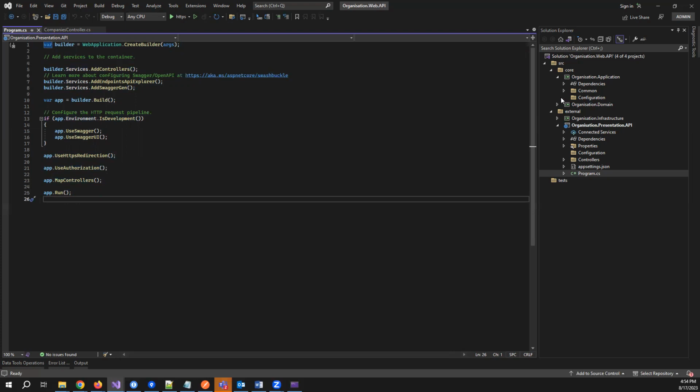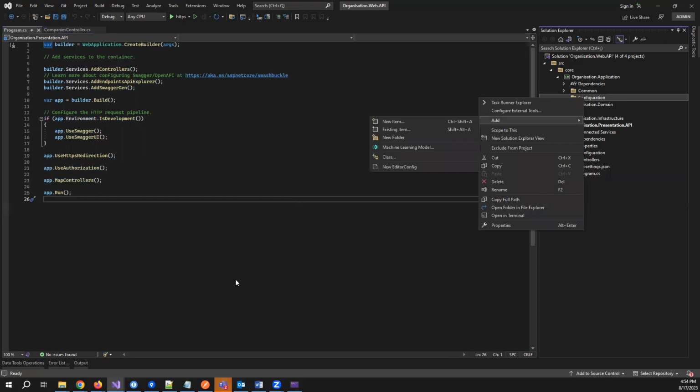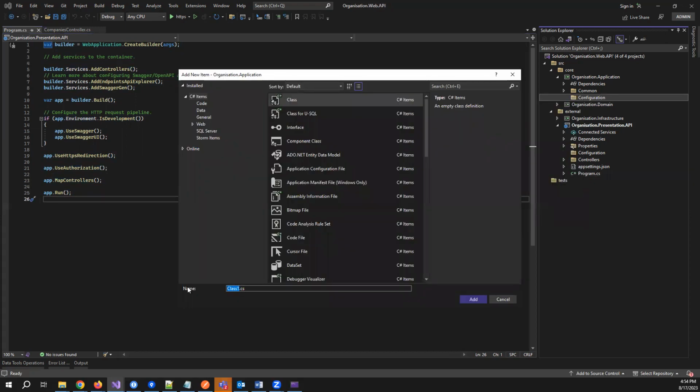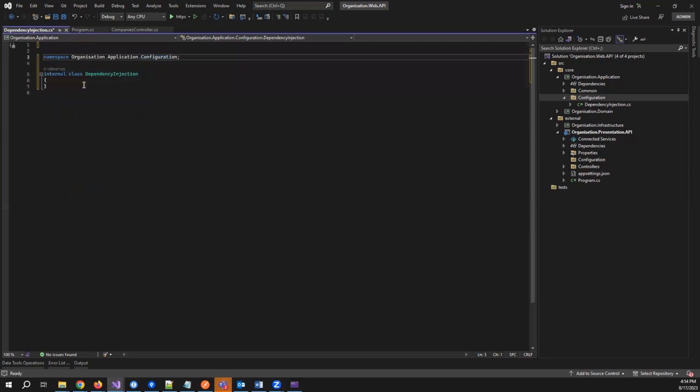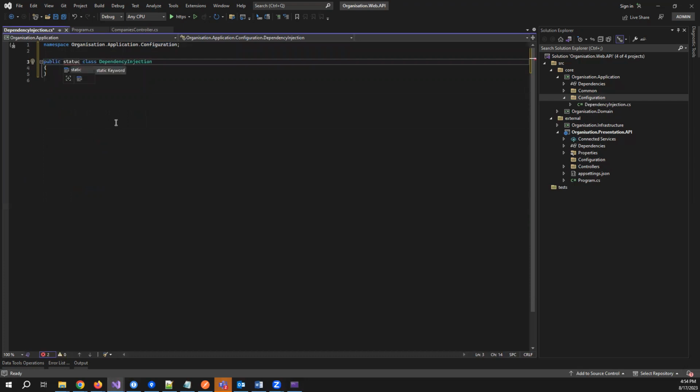So let me do it for the application layer first. I'll create a class called dependency injection. Okay, I'll name it dependency injection, and let's make it a static class. Public static class DependencyInjection. Now, if you see the program.cs,